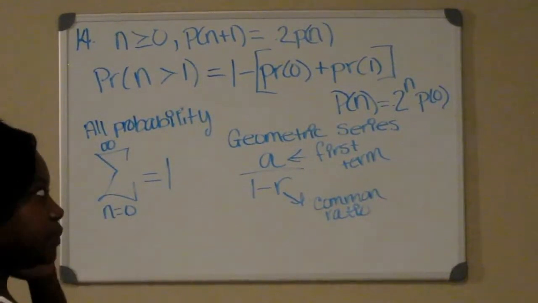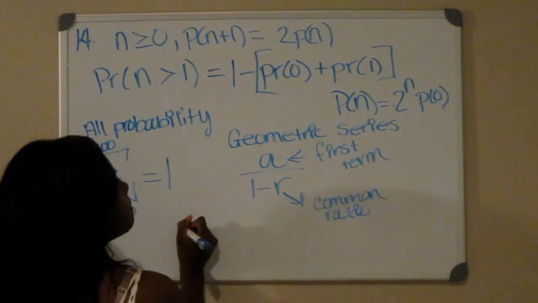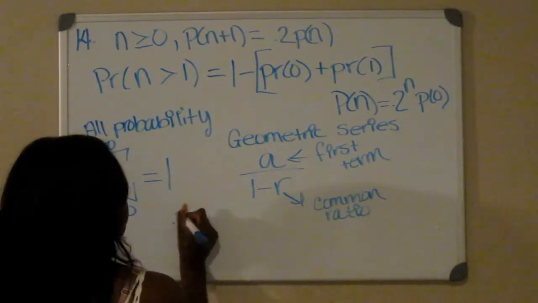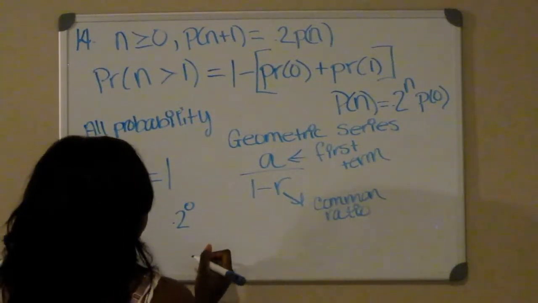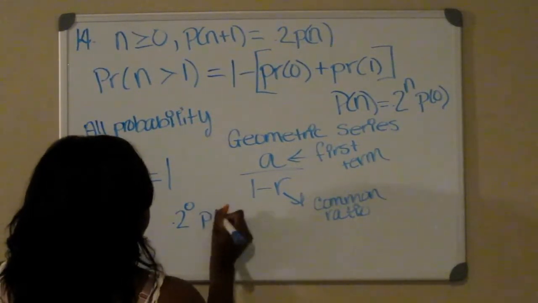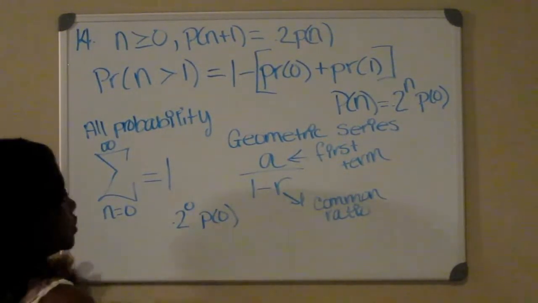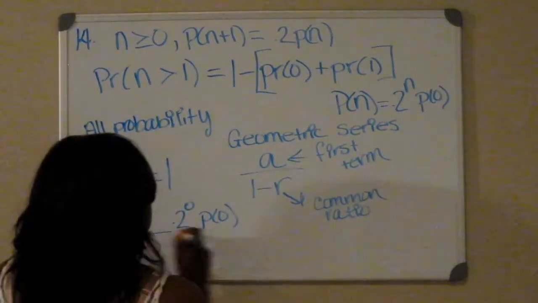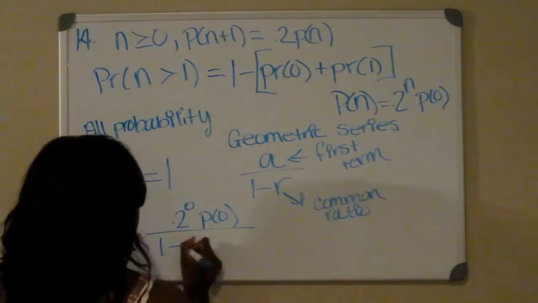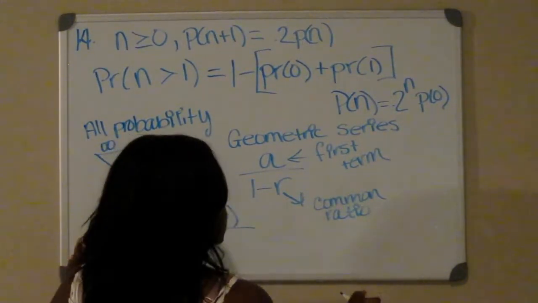First term: 0.2 to the 0 times the probability of 0. And then over 1 minus the common ratio, which is